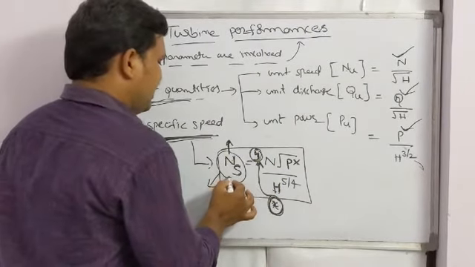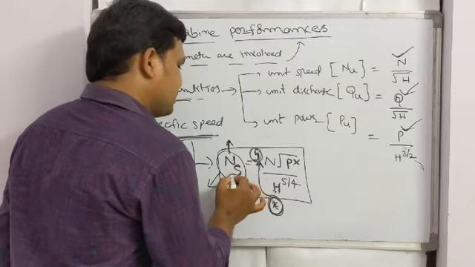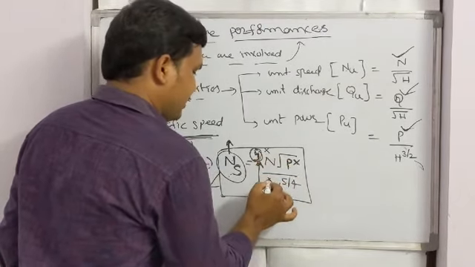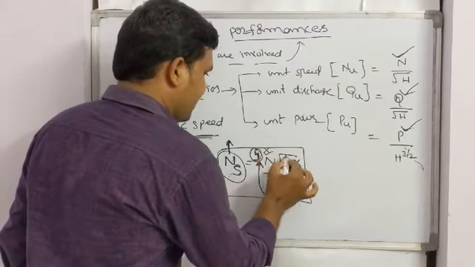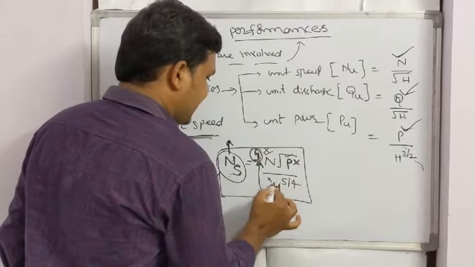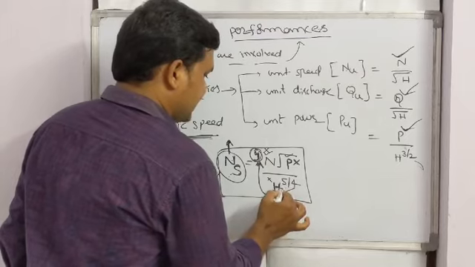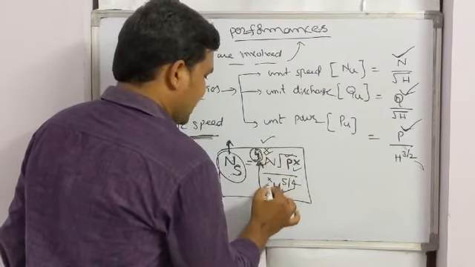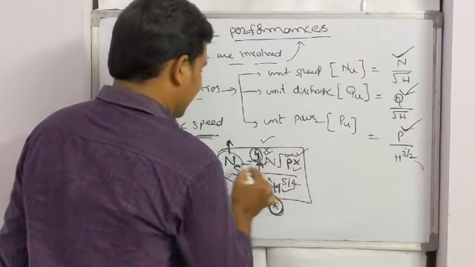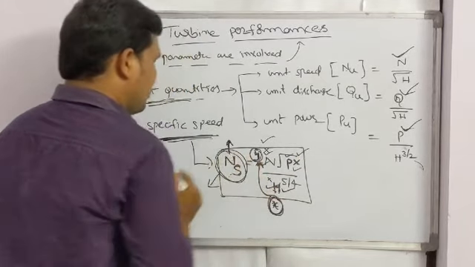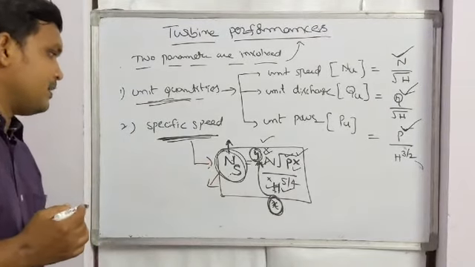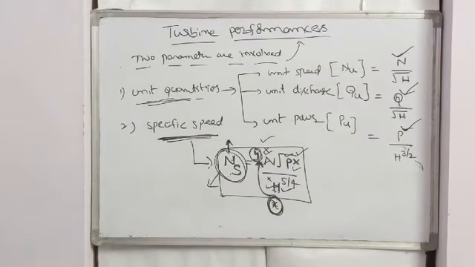Without doing all the entire experiments, by simply knowing the specific speed, we can find out the power, speed or head. For example, if N and P are known, we can easily calculate H. Or if H and P are known, we can calculate N. Or if N and H are known, we can calculate P. Because Ns is almost fixed, it is a reference value for a particular turbine. So the specific speed varies between the given turbines.